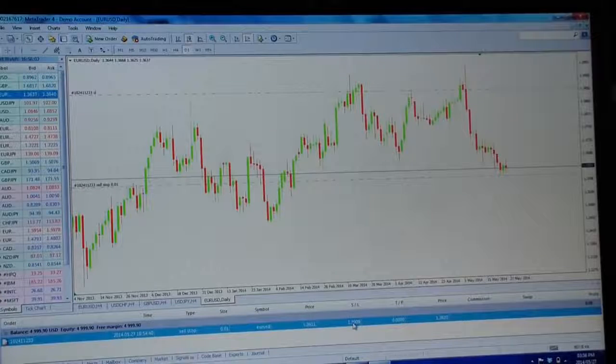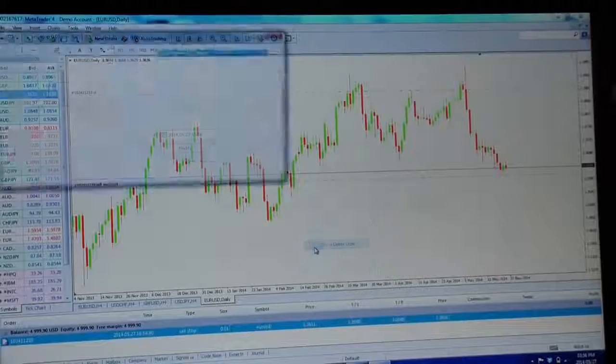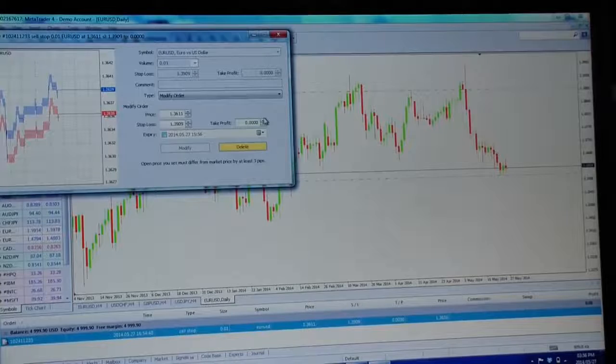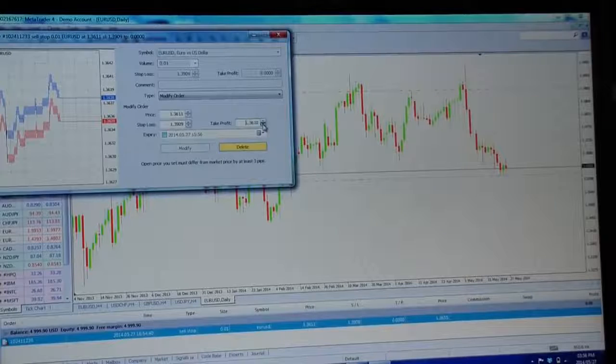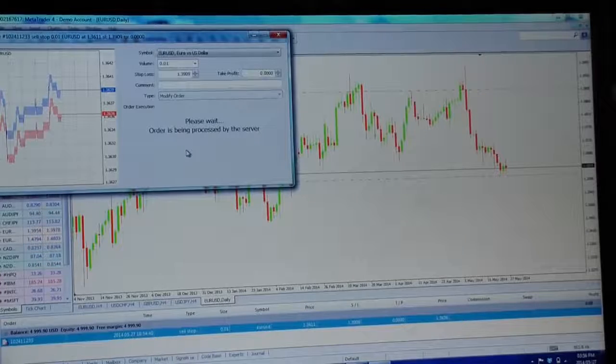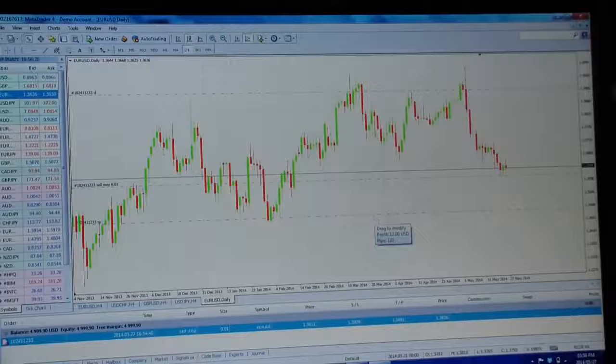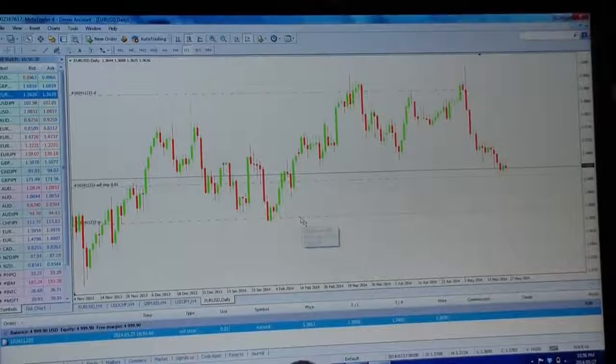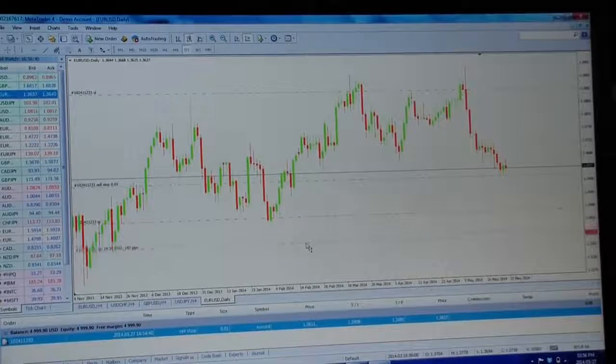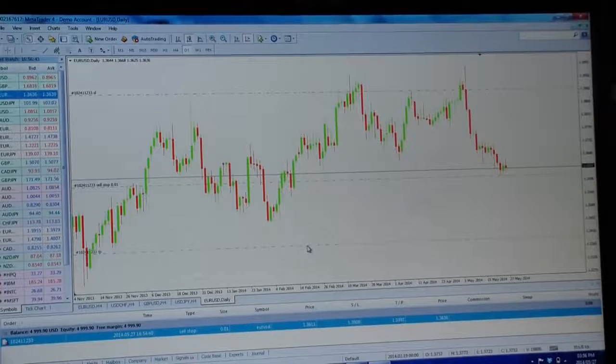Now obviously we want to put in a take profit, so same story, you right click, modify, and you go to take profit. Now the take profit, because we're selling, is on the bottom. Once again, this block is not highlighted, so you click, hold down, keep holding it for a little bit longer just so that the line is not too close, and now it's placed the take profit. We now want the take profit, let's say down here for instance. Same story, click on the red line, left click, hold it, drag, it counts the pips, release,